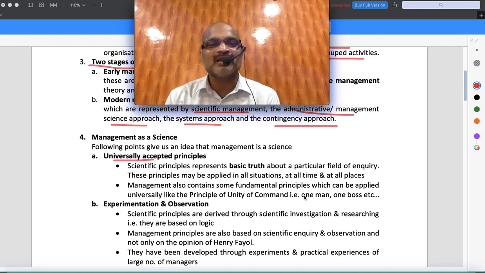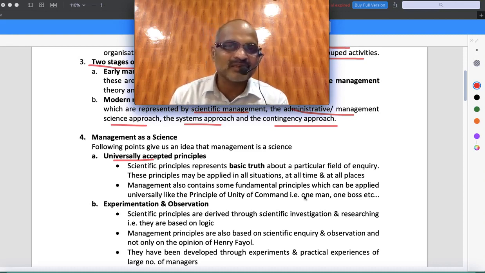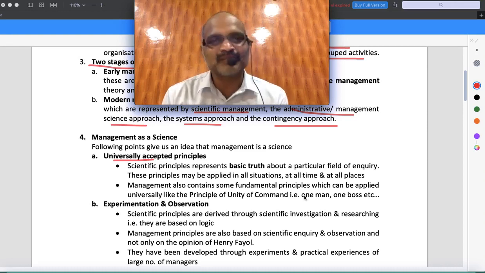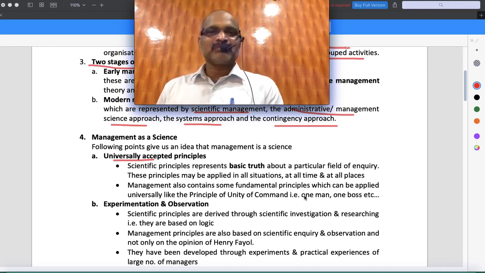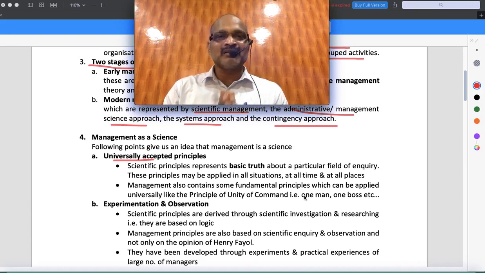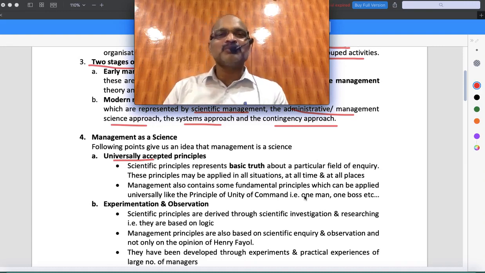So my question is, if I could implement a technique here, which is successful in getting things done, I will be able to use the same technique in other places as well. That also happens in management. Just like scientific principles are universally applicable everywhere, management also has certain principles, methods and techniques which are used everywhere.